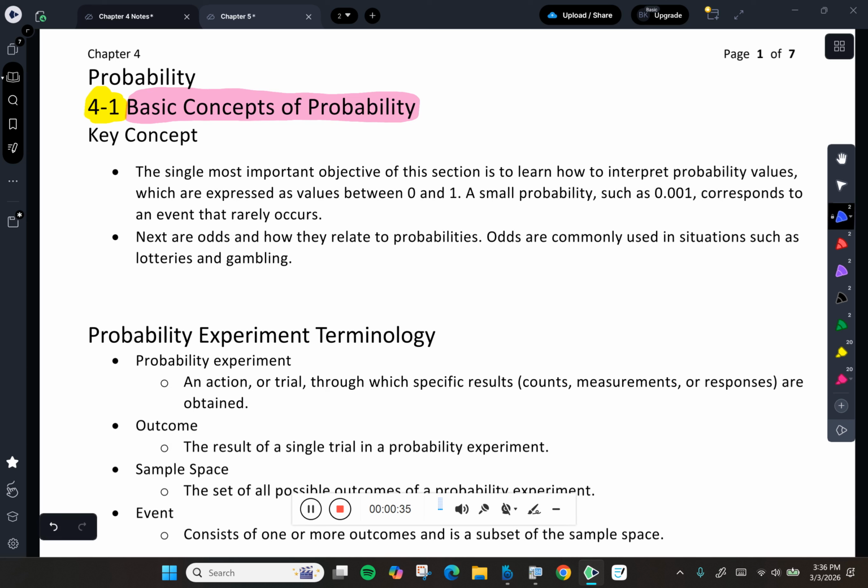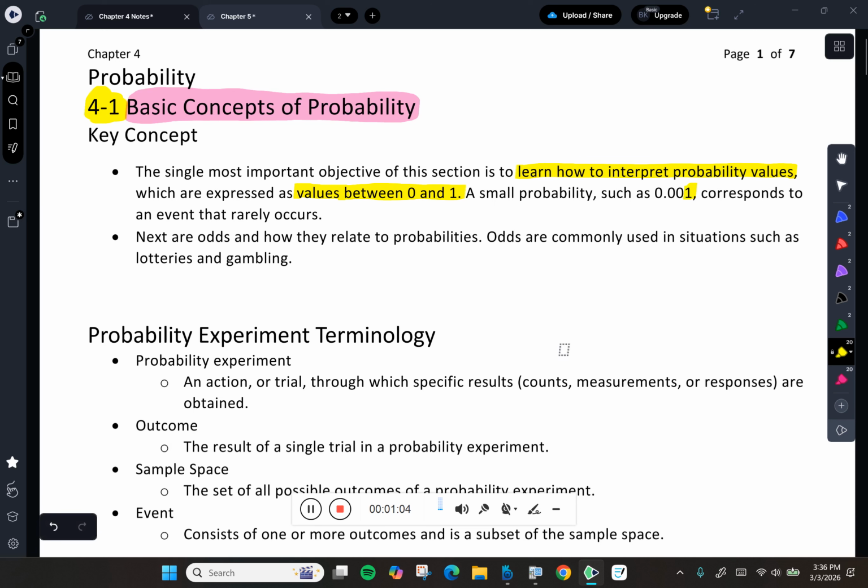Our key concepts for this section is the idea of how to interpret probability values. Like, we won't be calculating many of them. We will be calculating some, but it's more about interpreting what they mean. Remember, probabilities are always a number that is expressed something between 0 and 1. And our job is to be able to go, okay, what does that mean that the probability is